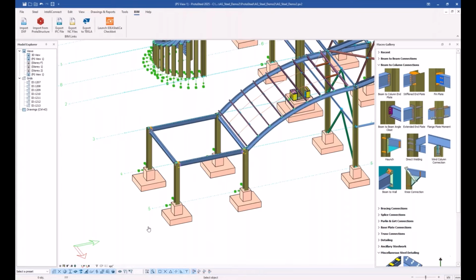Actually, you can have the design reports for most of the connections. You can design them according to the codes, different codes. But let's say that you want to dive deep into the connection design, and you want to perform a CBFEM, component-based finite element method analysis in IDEA StatiCa.